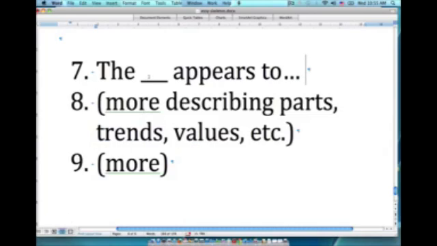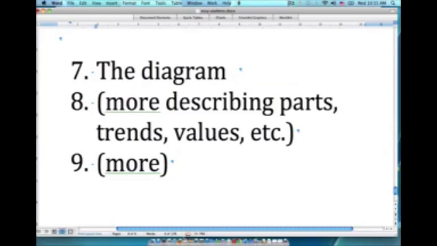So this could be "the graph appears to," or "the chart appears to," or "the table shows," "the table depicts," or "as the graph makes clear." Okay, so for us, we're just going to talk about the diagram. So the diagram appears to